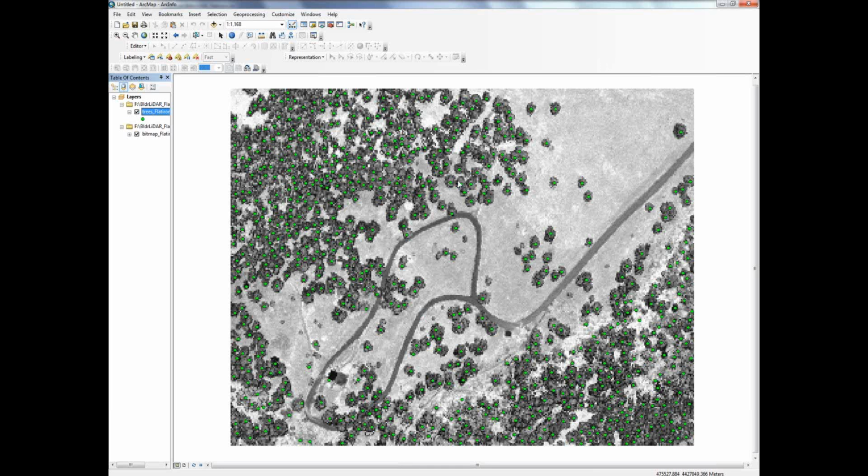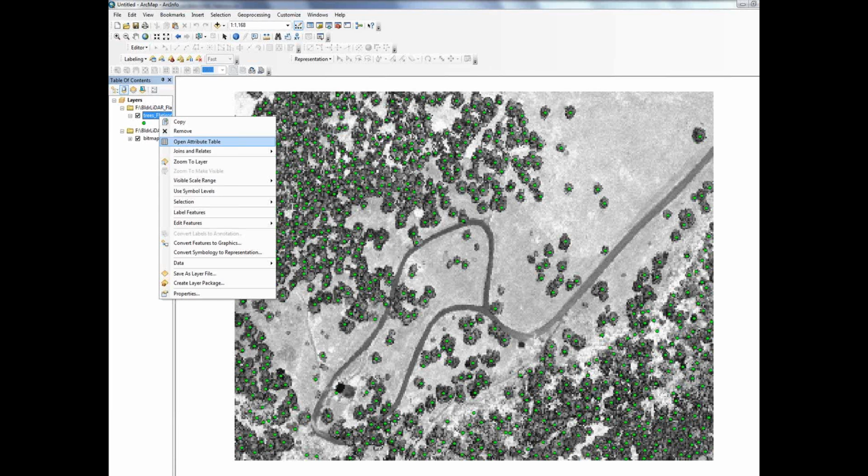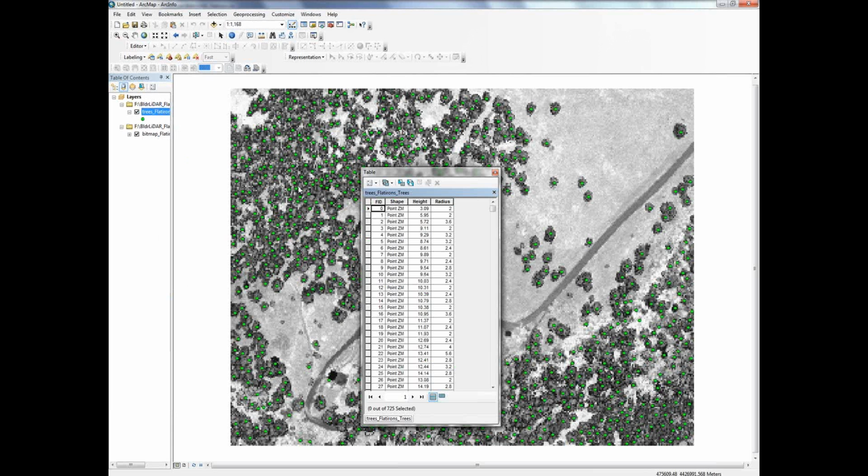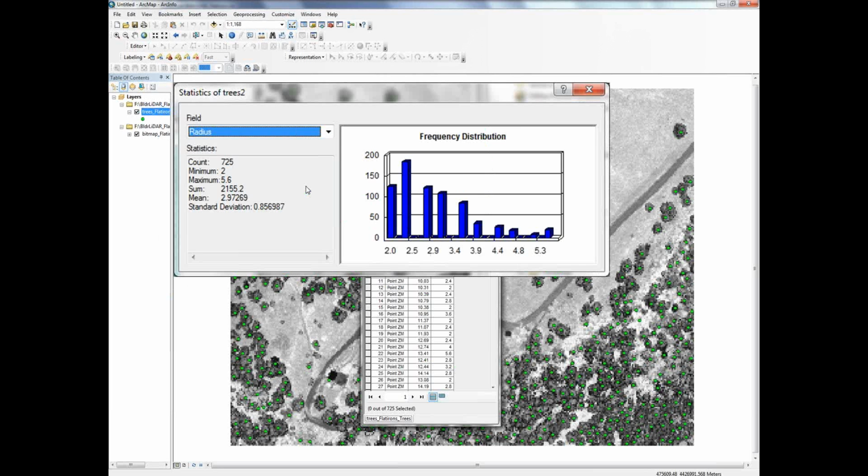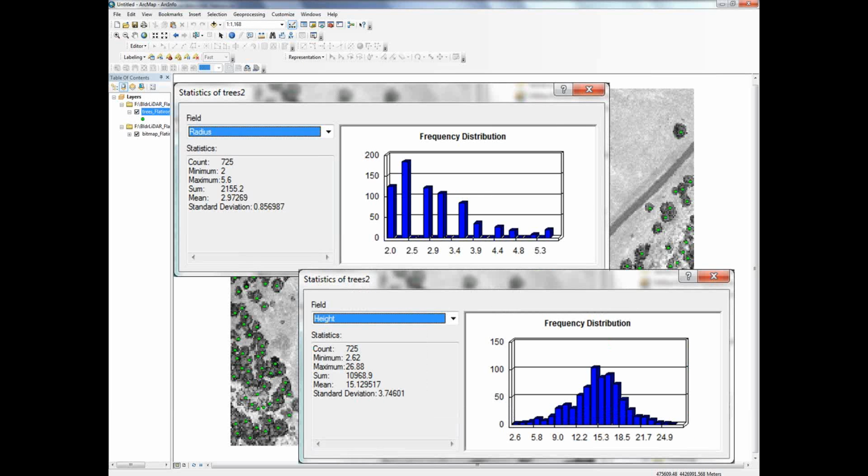Here we have the bitmap image as the base layer and the tree shapefile vectors represented here with green dot symbology. Note that when I open the attribute table, both the height and radius are maintained for each tree. We can look at statistics for height and radius, for example,